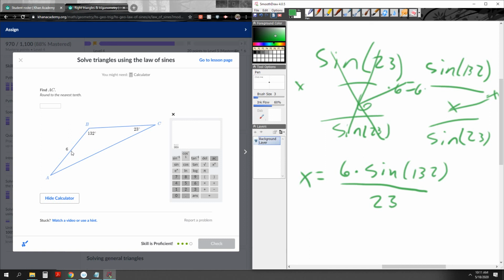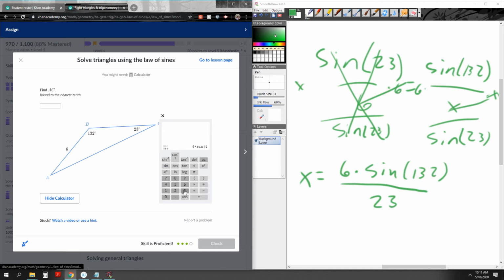Now notice something. 23 is across from 6. Our unknown side is across from 132. We're expecting whatever the side is that we don't know, it should definitely be a lot bigger than 6. Right? Maybe twice the size. Maybe, I don't think it'll be 3 times the size. Let's see. So we can just enter this in directly as it is. 6 times, make sure I'm in degrees, sine of 132 divided by